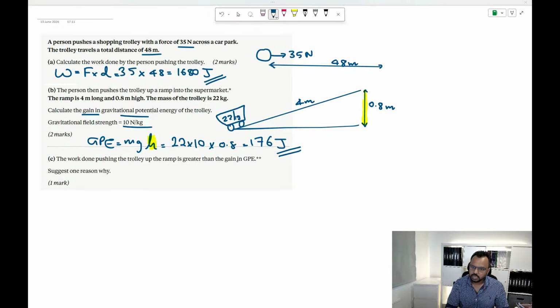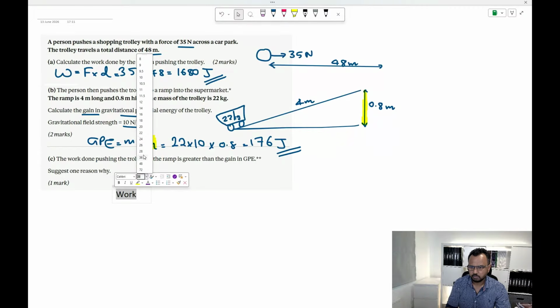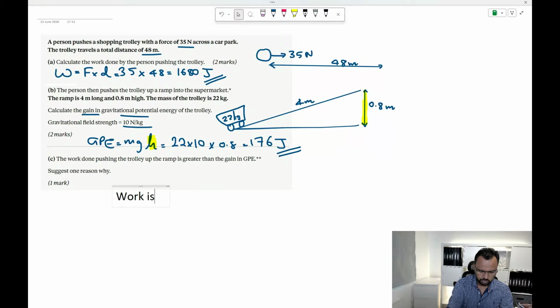Well, here's the reason, guys. Now, let me type this up. Yes, friction, Yaturna. Yes, a good one. Yeah, the surface of the ramp, or more forces. So when you move it, you need to do work against friction, right? So let's write this down. Work is done against friction.